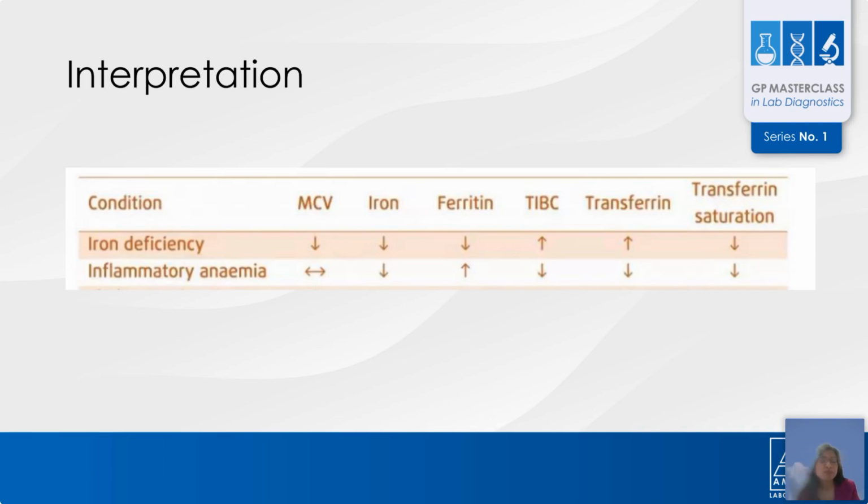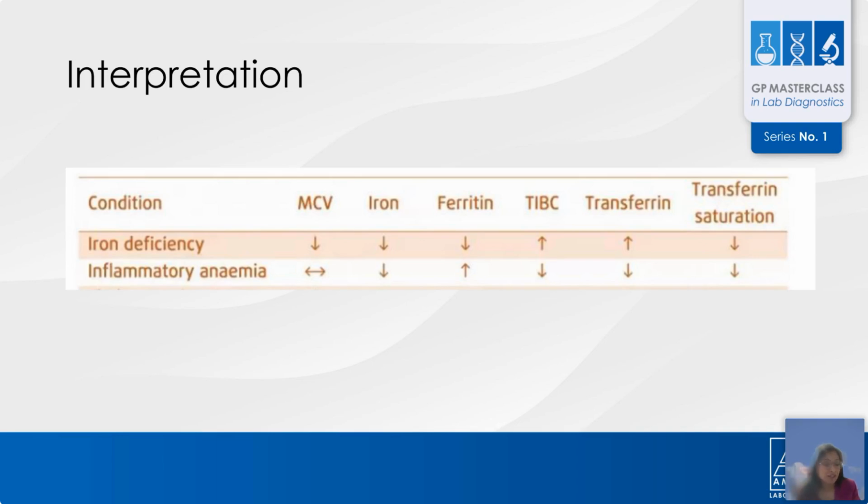CRP. And if your CRP is above 10 and it's high, that can be an indication that perhaps your ferritin is falsely elevated. So it is very important, as I say, to look at your patient as a whole using your clinical history, your physical examination findings, as well as your blood tests altogether.